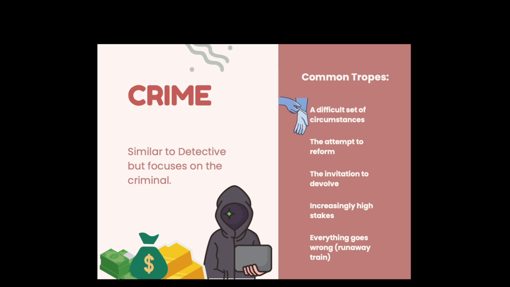The first trope we have listed here, a difficult set of circumstances, pertains to a reason why a person may choose to commit a crime. There could be economic circumstances, someone could perhaps have come down with a serious illness and they need help, and the criminal can only provide that help if they break the law. Those sorts of things tend to be applied at times whenever we're meant to see the criminal as someone who is relatable or generally likable.